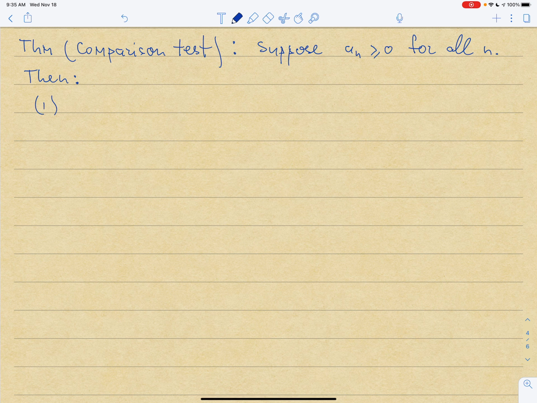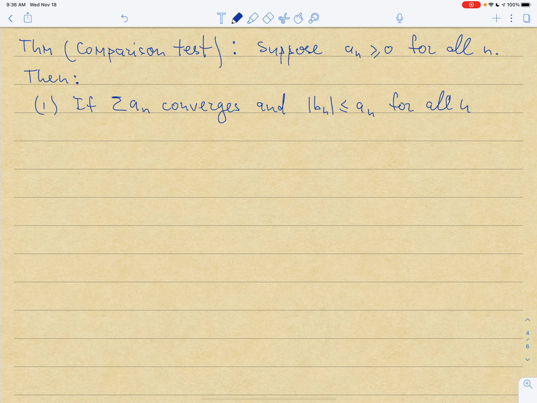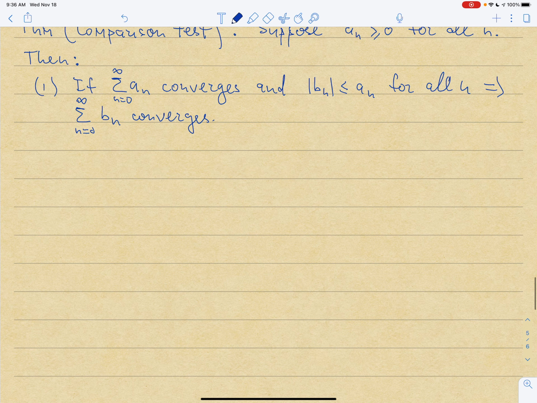Number one, if a series of an's converges, and we have that bn in absolute value is less or equal than an for all n, then from this we will conclude that the series of bn's converges. That is the first statement. And the second statement,